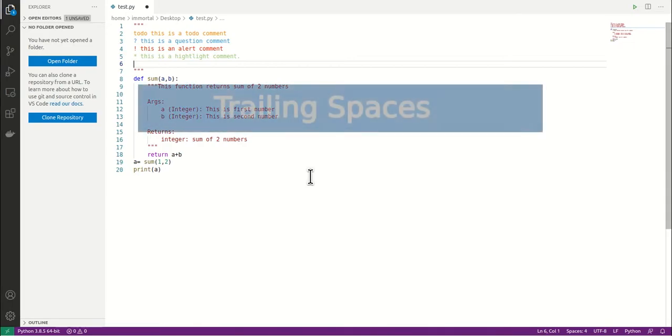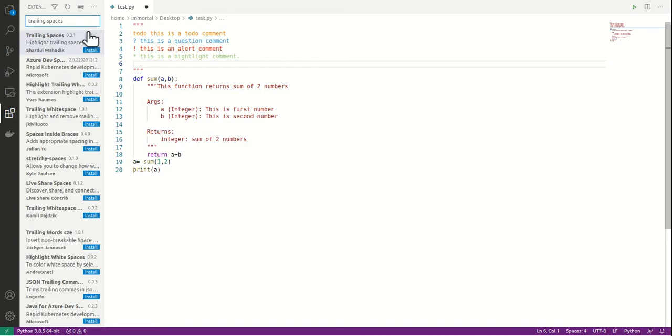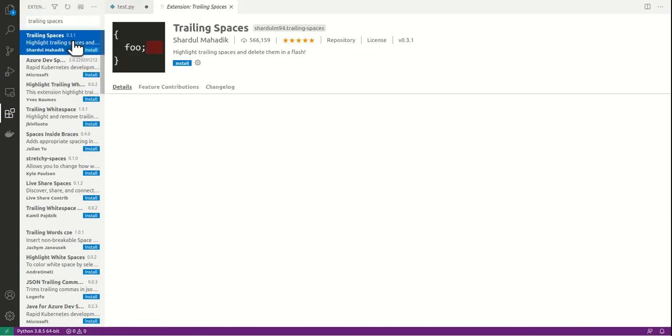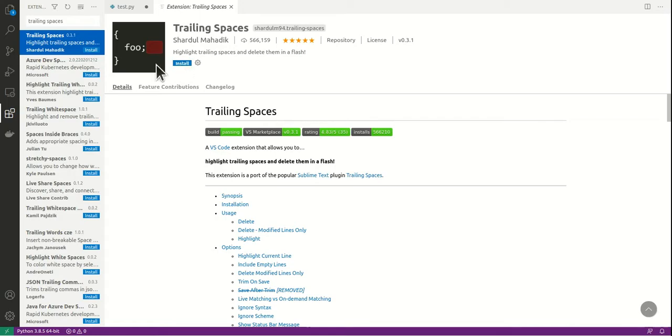The next extension is trailing spaces. This extension is used to highlight trailing spaces in your Python code. Let's download it. Just search for trailing spaces and click on install. Now we all know how important spaces and tabs are in Python. One extra space or tab could break your entire Python program. So this extension will highlight the trailing spaces that are present at the end of every line. And so it becomes very easy to look at those spaces, and if those spaces are not needed, we can